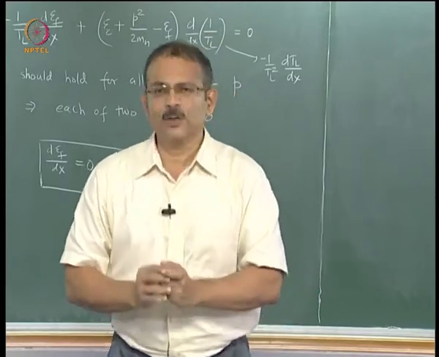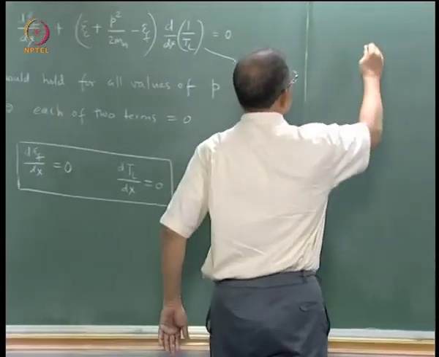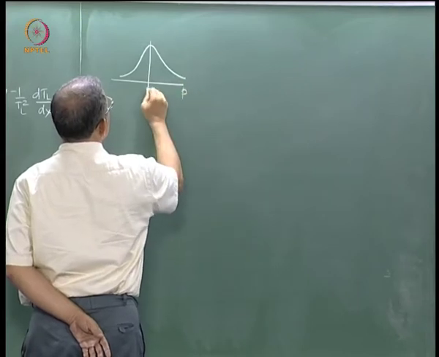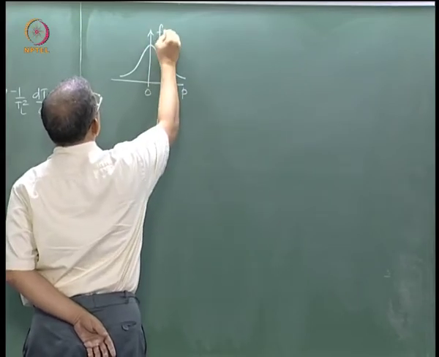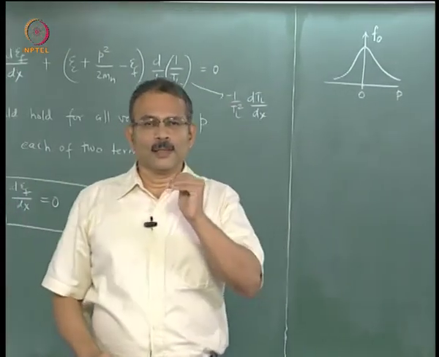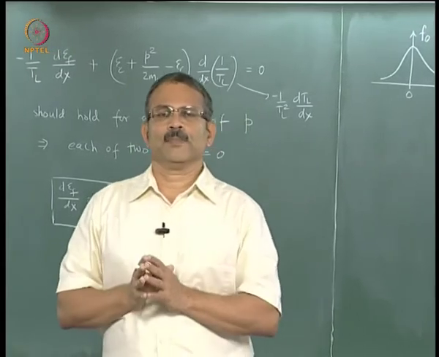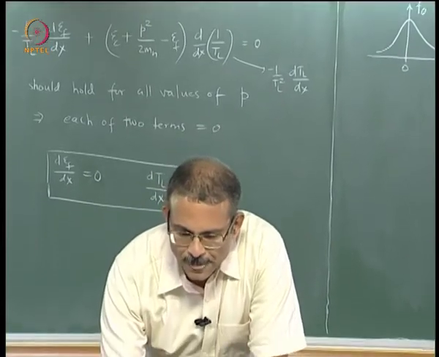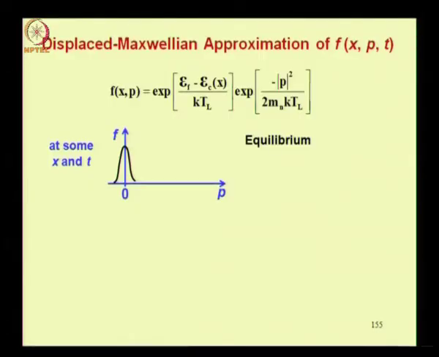So that is what in fact you can see: the equilibrium distribution function is like this. This is p and this is 0, so it is even about 0, this is f naught. The effect of non-equilibrium will be to introduce a directed velocity. You can do that very easily as follows. Let us first plot the situation under equilibrium. Now the disturbance is that there is a drift, there is a directed velocity.